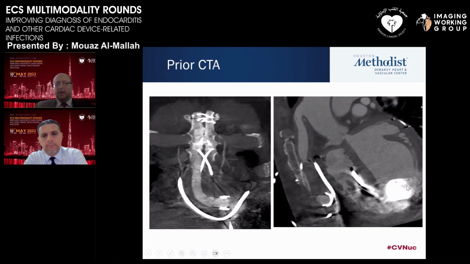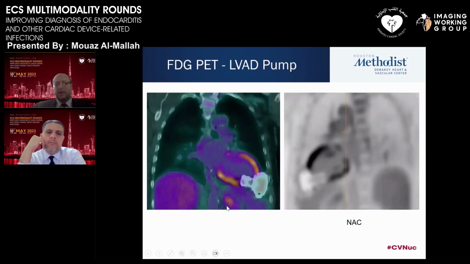So what can we do here? You can see the outflow tract looks okay on the prior CT. But again, we cannot tell if the tissue outside or next to it is infected, inflamed, or anything. So this is one of the limitations of cardiac CT in these patients. If there's a mechanical problem in the LVAD, like a thrombus, or it is kinked or occluded, CT would be very helpful. But if there is infection, you could still have infection in the outflow tract, even if the CT looks okay. So we did undergo this, and obviously